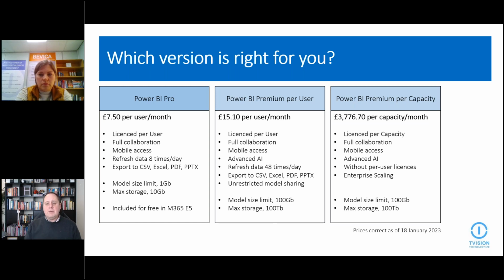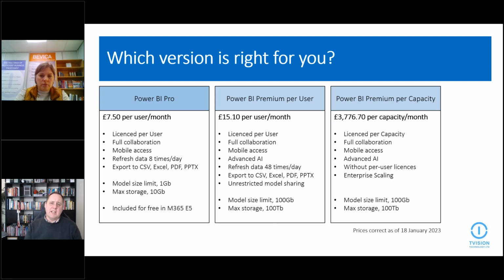We then go to premium. So the middle one, I think, is the important one out of the two premium types. So what does premium give you? Slightly more advanced AI, many more refreshes, and a much bigger data model. But again, importantly, you can mix these within your organization.